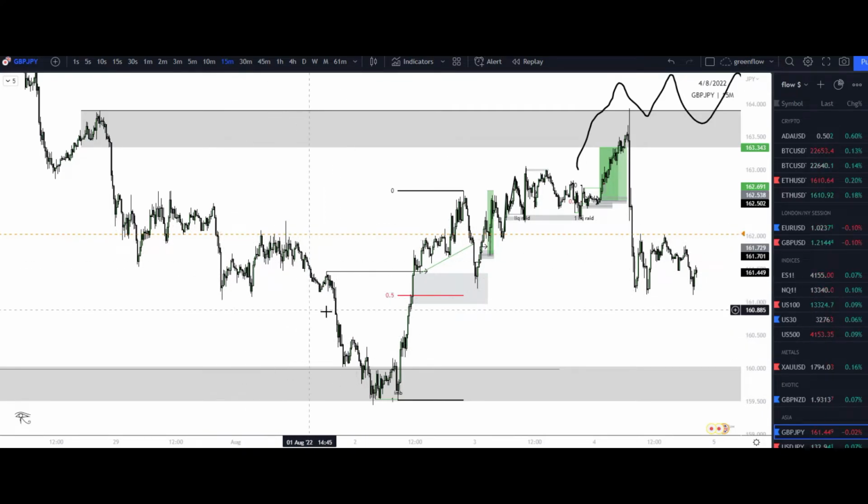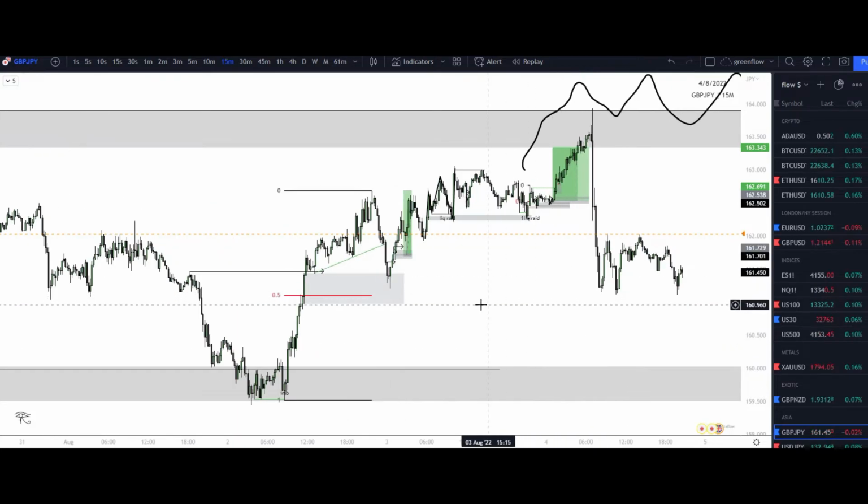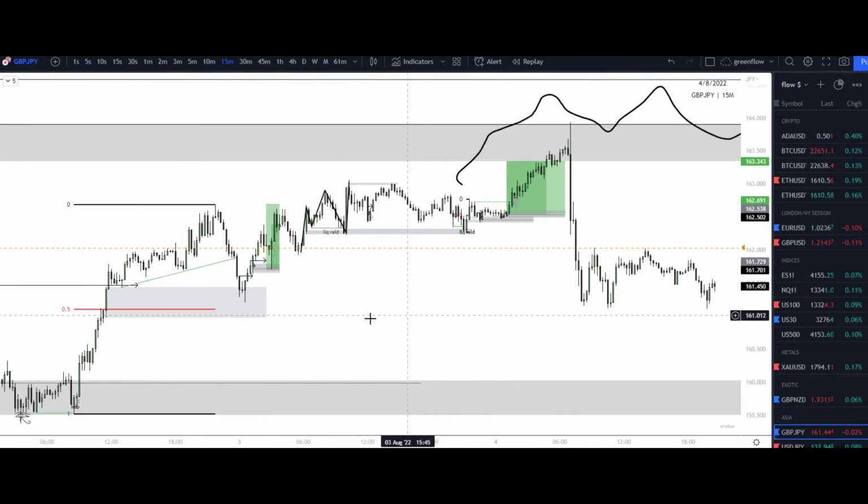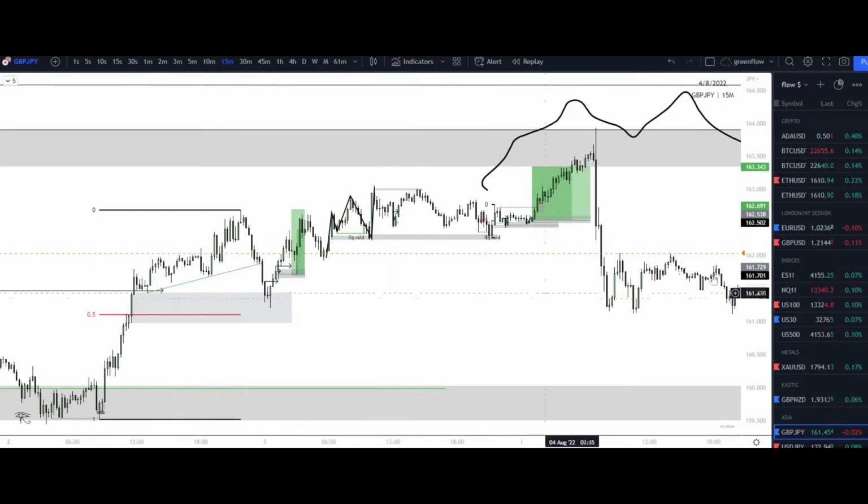Price comes lower, takes out this liquidity to the downside, puts in another redistribution, ends up breaking that structure point to the upside. So now we have an area to look to possibly get into trades from. We see price come back down over here, raid this liquidity, respect this demand candle before the candle that broke structure to the upside out of this range. Raid liquidity here, break structure once, break structure twice, respect this demand, continue to areas higher.